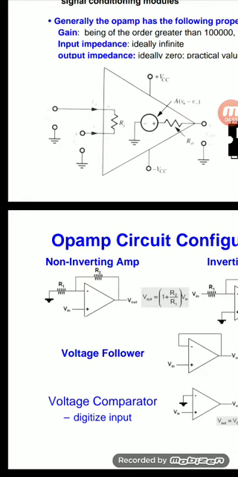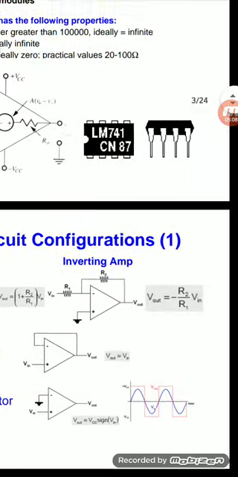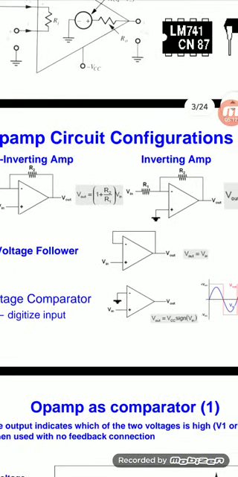Next, in the inverting circuit, R1 is interfaced to V input. Next, V input is positive. In the inverting case, V input is applied and the positive terminal is ground. That is the inverting and non-inverting amplifier. A voltage follower means when we give V input as the positive signal, V output equals V input. That is a simple follower for the voltage circuit.